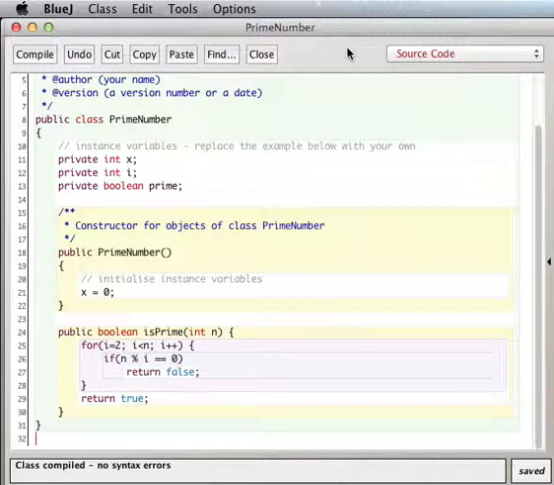Hey, Julian. Okay, so I got your question about is prime. You want to figure out how to use a while loop instead of a for loop. Before we start that, though,